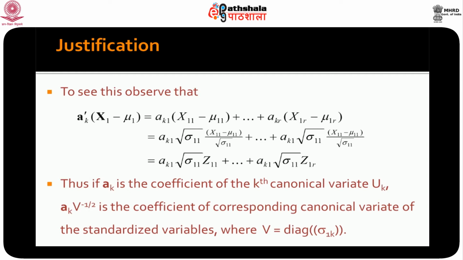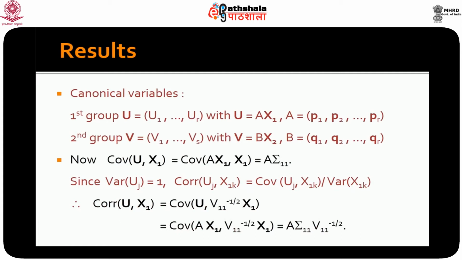We had looked at the canonical variables and the canonical coefficients, and we have found out how to actually derive them. What we did was, we found the first canonical variables as those which maximize the correlation between the two sets of variables x1 and x2 by taking their linear combinations. But what about the implications of the results? First of all, how do I identify these canonical variables with the original variables? Let us have a look.